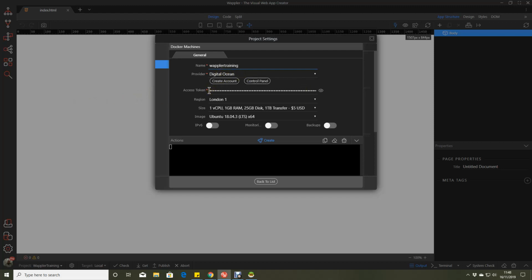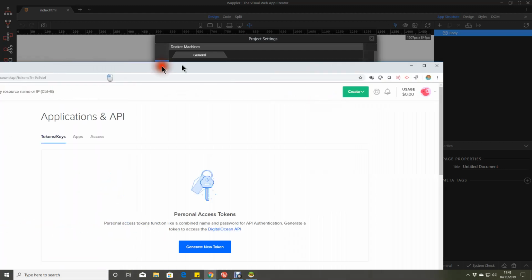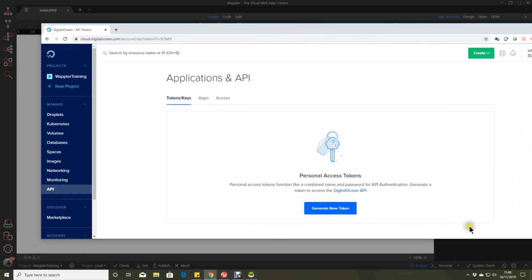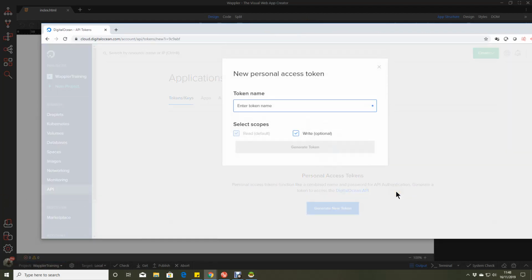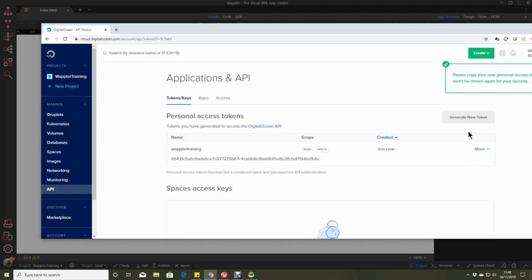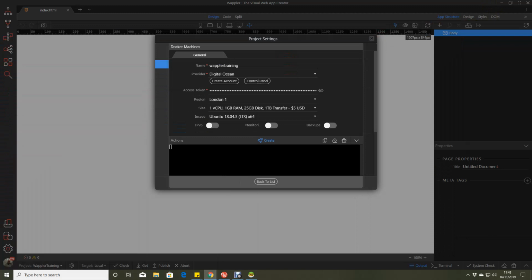We need a personal access token, so I'm going to pop back into our API, and you'll see now under the API section, personal access tokens, create new, and we'll call that, surprise surprise, Wappler Training. Generate that token. As you mouse over it, you can see there's a little copy button that makes it easy for you to copy and paste that. That's an old access token that we've got in there. I'll just replace that with a new one,